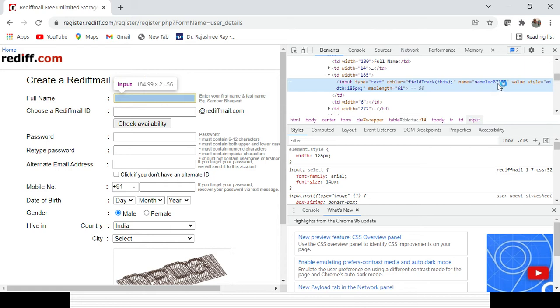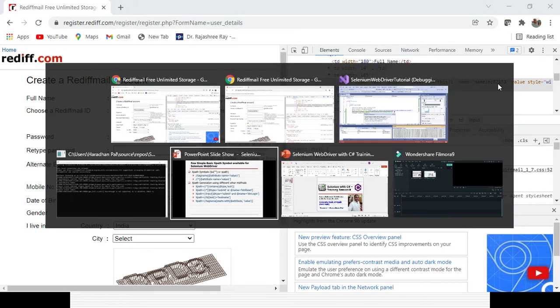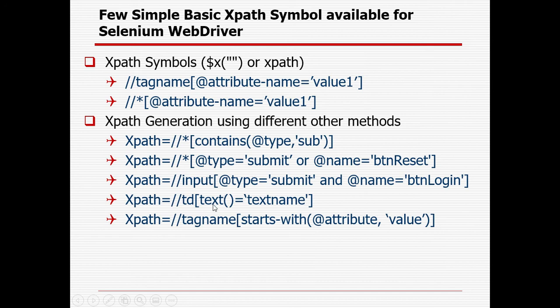So to overcome this, you have to create your own XPath or CSS selector so that you can uniquely identify the element with the help of the static part, not the dynamic part. The dynamic part can change, so you need not worry. That is the reason you will be creating the XPath. With the XPath, if I want to go to the static part, you can use starts-with, or you can use contains, so that you create an XPath for the static part.